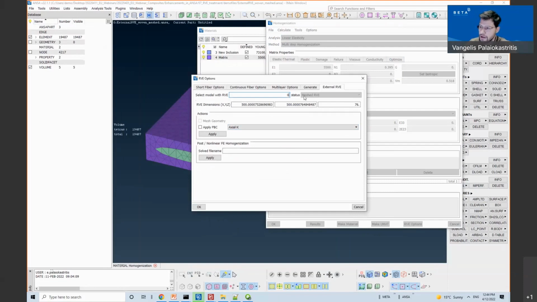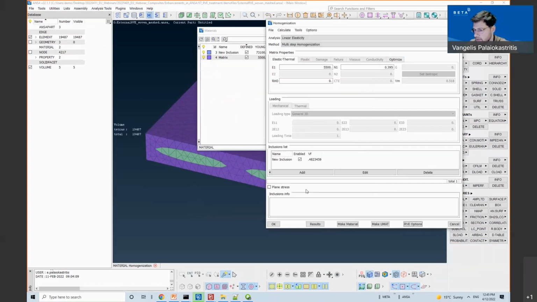The tool recognized the dimensions of the RV. Mind that the RV must be placed at the origin of the model. It is a meshed RV, and the action that I can perform is to apply the periodic boundary conditions.